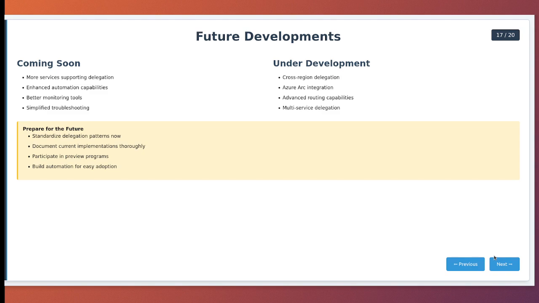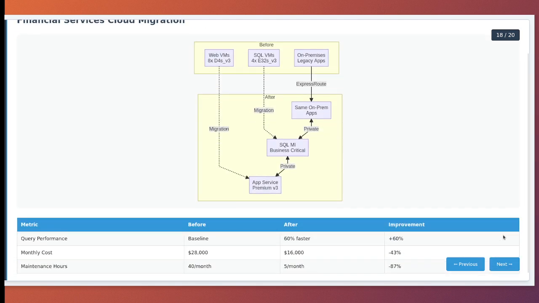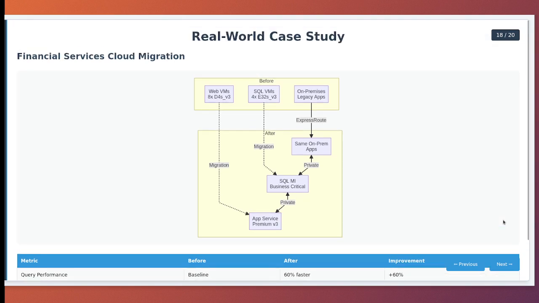Also, participate in preview programs to provide feedback and influence feature development. Let me share a detailed case study from a financial services client that illustrates the power of delegated subnets in solving complex networking challenges. The company, a major insurance provider, needed to modernize their claims processing system while maintaining strict